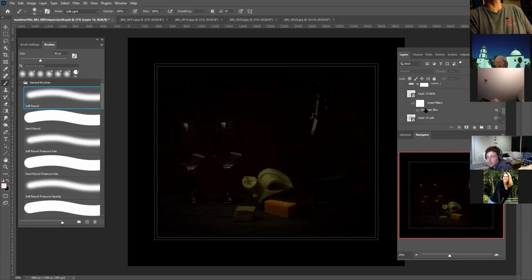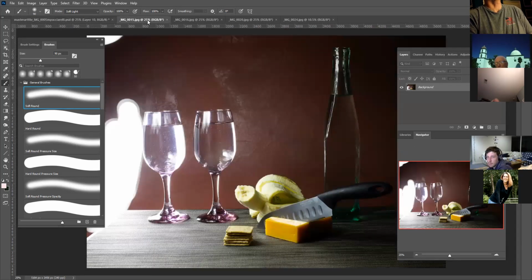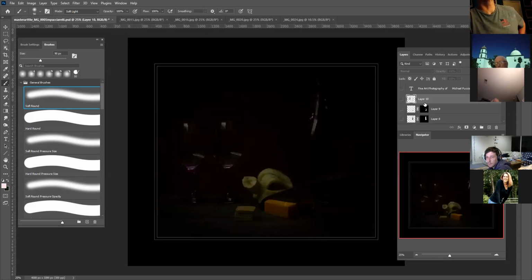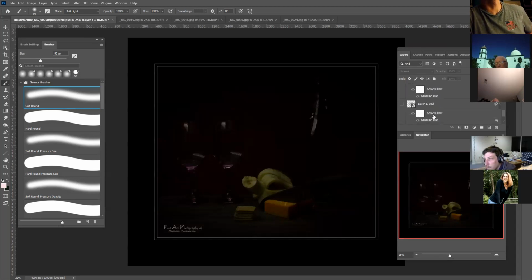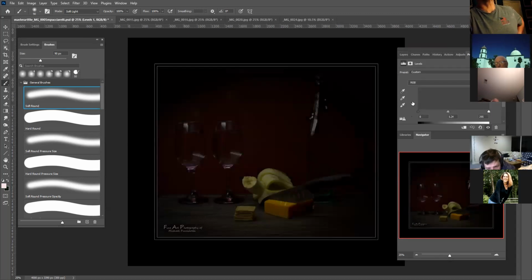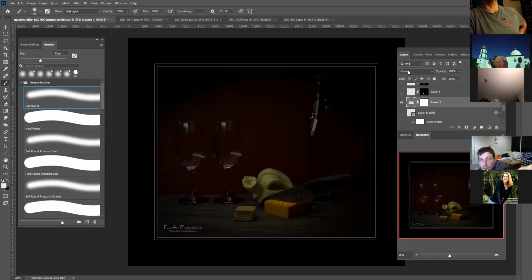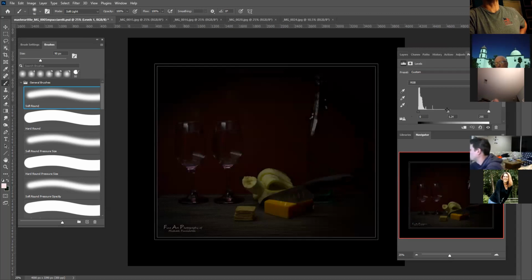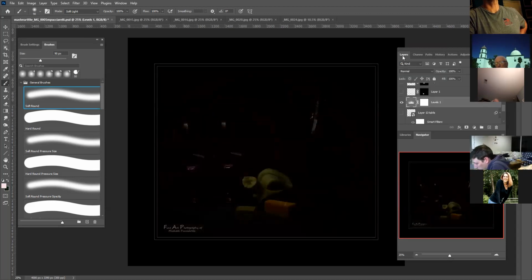So what I do is, when I look for what I want to copy over, I look through the JPEGs. I also have the levels adjustment. When I click on this, a lot of it lights up. I already did that, but this is where I want to make it nice and dark. And so